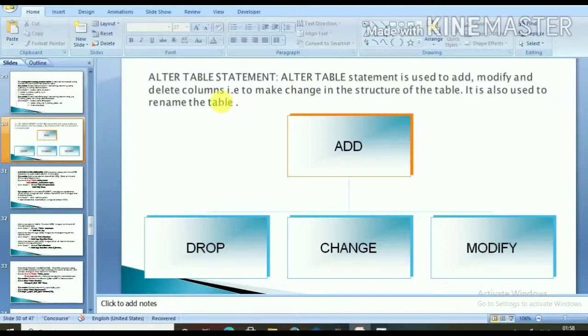So in the previous slides we have seen how to change the rows. Now here we will see how to make a change in the structure of the table, that is how to add, how to drop, that is delete, how to change the size or change the name and modify the data.